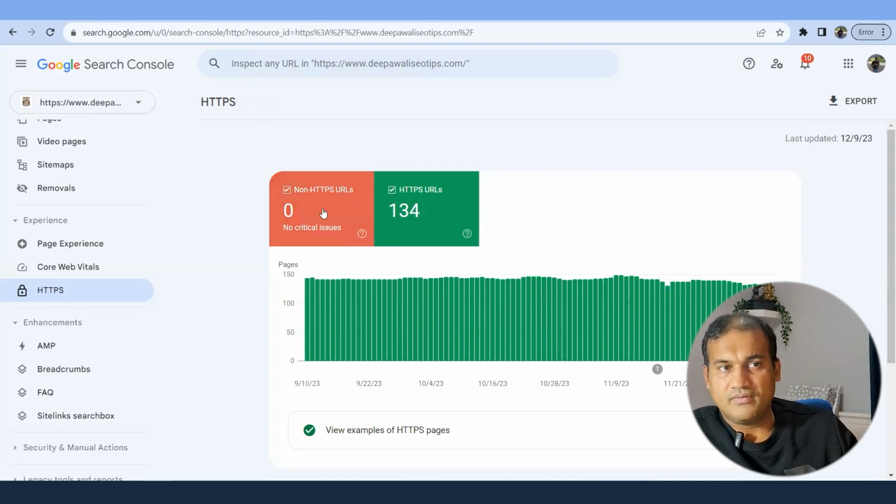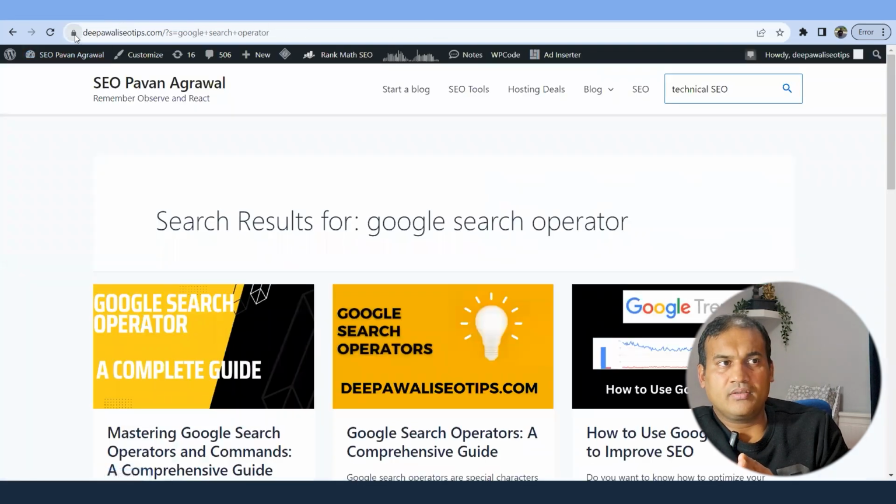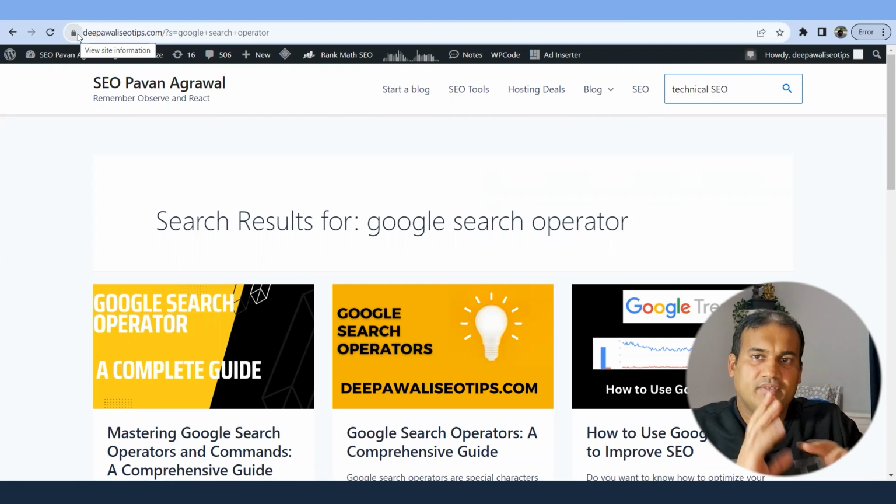If you see anything which has HTTP, make sure the URLs are looked into and they are redirected. Please be careful: what I am trying to say is that if your main domain has a lock, it doesn't mean that your other pages are always HTTPS. There will be some content which might have HTTP